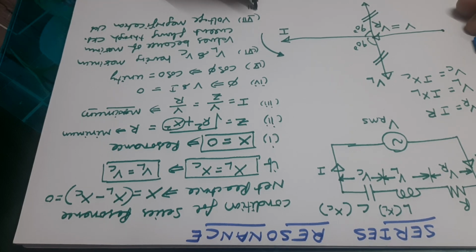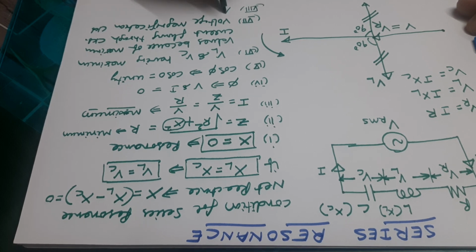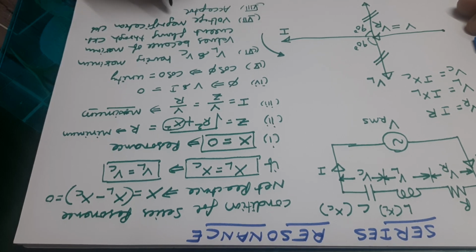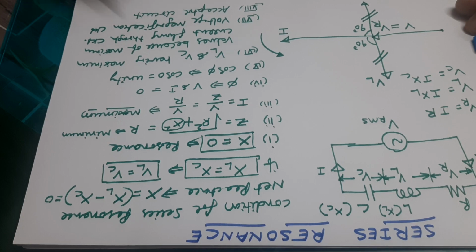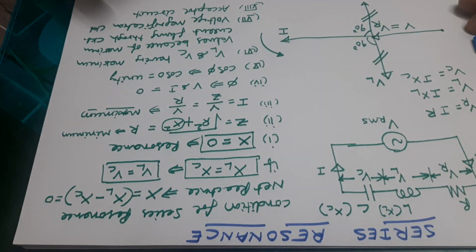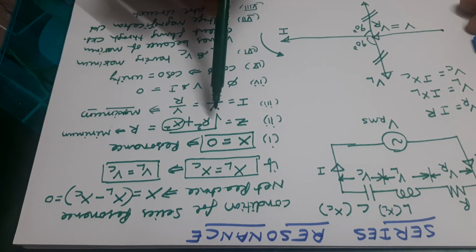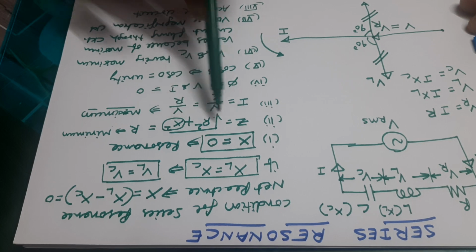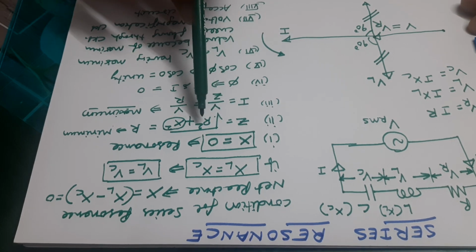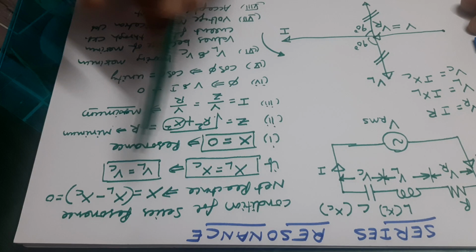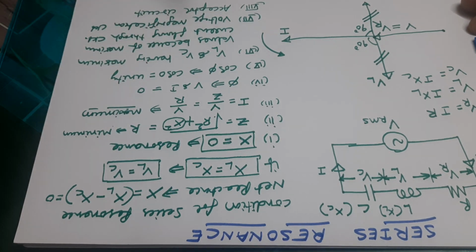And also, the series resonance circuit is called an acceptor circuit. Why is it called an acceptor circuit? Because it offers very minimum impedance. That means out of the two components of impedance, it only has the resistance value, because the net reactance of the circuit becomes 0. Hence, it offers very little impedance. That's why it always tries to accept the current, and that's why this circuit is said to be an acceptor circuit.